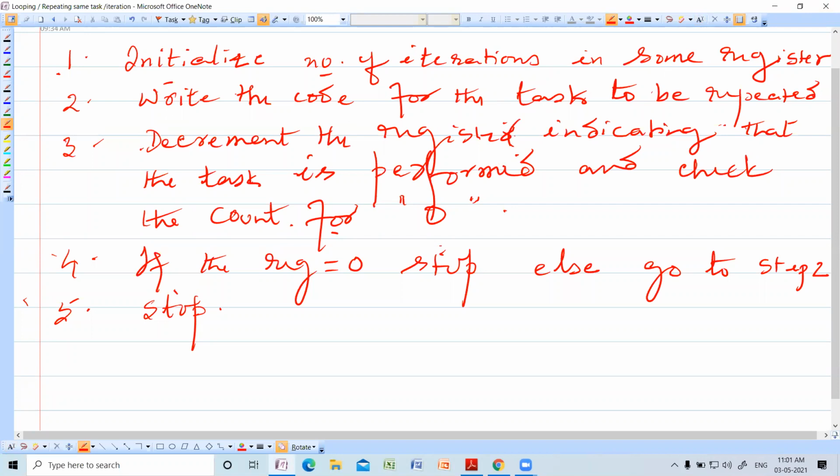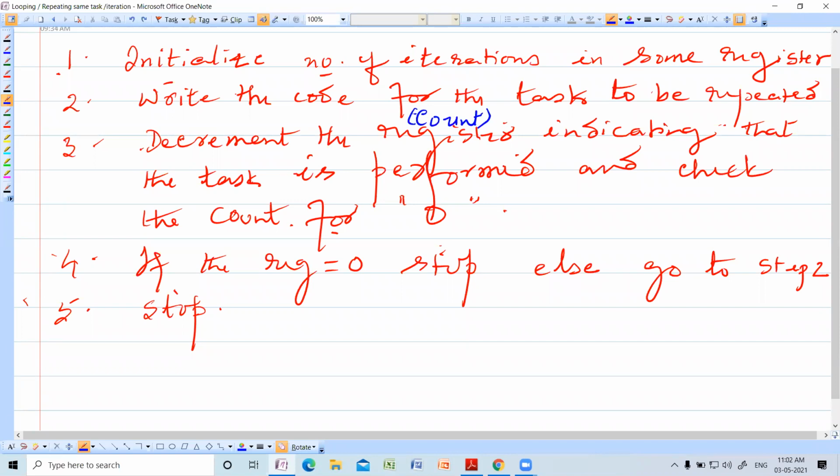So here register means it is count, whatever you have loaded. Decrement the count which is present in the register, indicating that the task is performed, and check the count for 0.